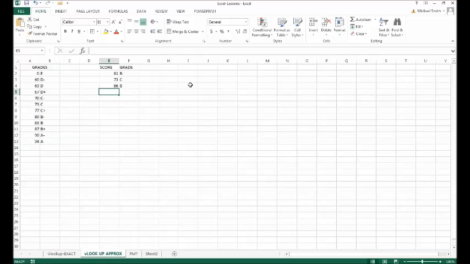So if I have 95, and I copied this down, right, it's going to give you an A. So that's how approximate matches work. There's no 95 in there, but if it's at least 94 or above, it calculates it to the approximate value. That's how approximate works. So that's really all there is for this Excel,